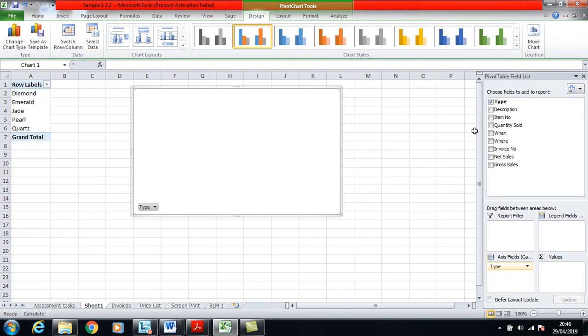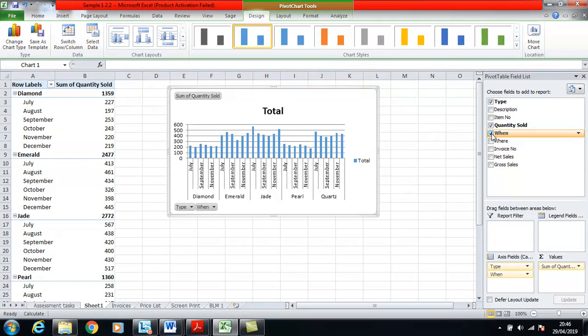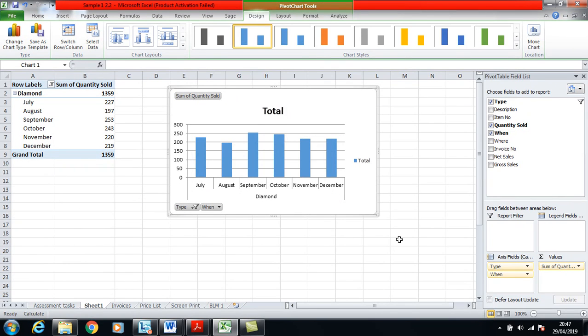It also wanted the quantity sold, and it also wanted to know when they were sold. Okay, and it also asked that it was just going to be the diamond sinks. So if I highlight over those and just click on diamond and click OK, then you can see that